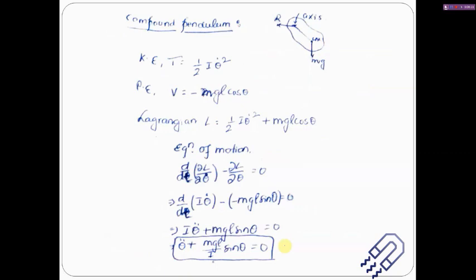Here we are going to find the equation of motion using both Lagrangian and Hamiltonian, so that this is more or less clear to you. So if we go to this, I am finding the kinetic energy and the potential energy, but for convenience, and for keeping it short because your marks might not be that high, I'm not going into the derivation of how the kinetic energy of a compound pendulum is half I theta dot square.